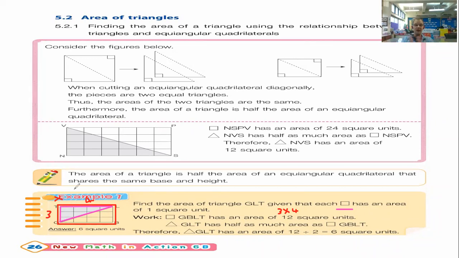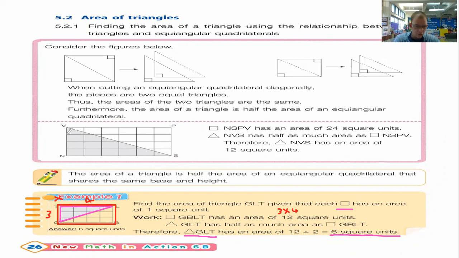So once we have the total area and we have our triangle, it's very simple. We take the 12 units that we have and we divide it by 2. So 12 divided by 2 equals? 6. And what is the answer here? Therefore, the area of triangle GLT is 6 square units. Well, this is a very basic way of calculating the area, but the one problem we have